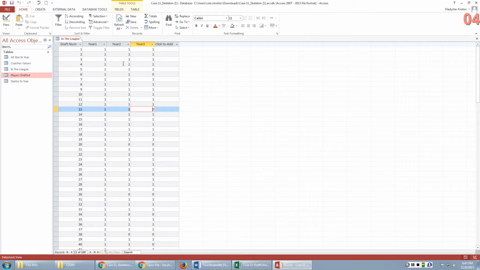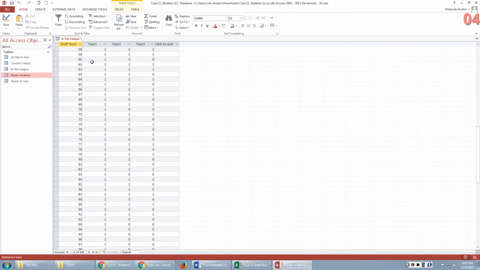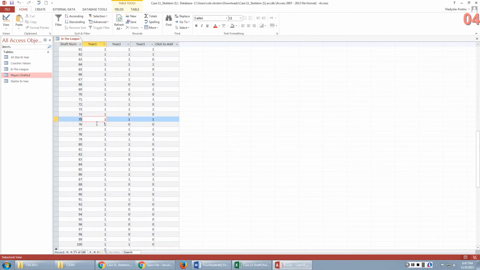Now, you'll use this data to create a scoring to calculate points based on the tenure of the player within the league. You can see one pattern as you go from pick number 1 to the last pick. You see more and more zeros. It means that some players, for example, player number 70 who was drafted as a part of the pick number 76,